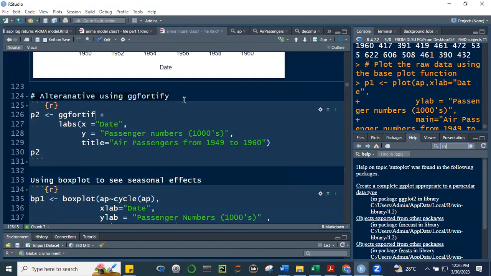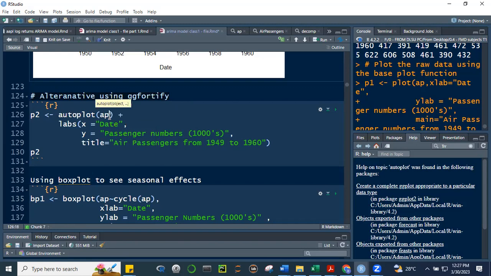Okay, this is from ggplot. Okay, GG. Okay, dali. Ano yung function natin kanina? Autoplot. So autoplot